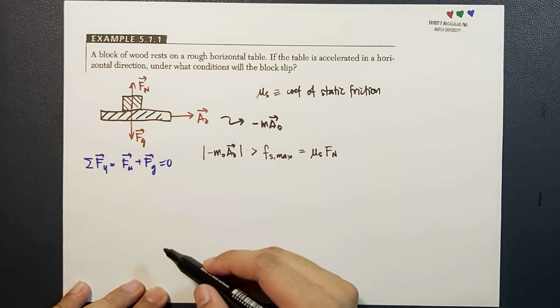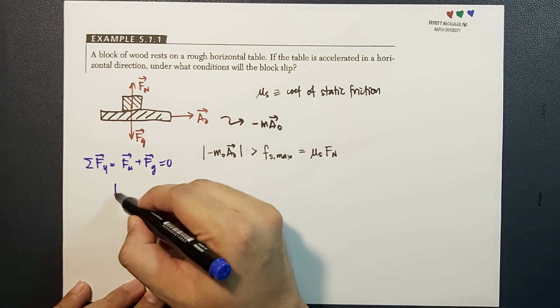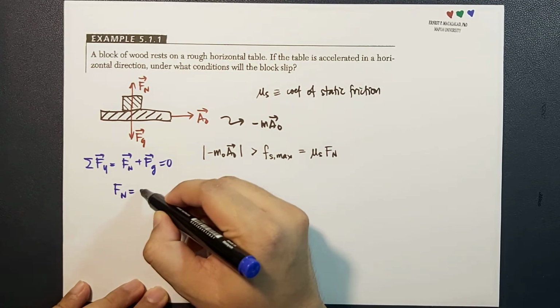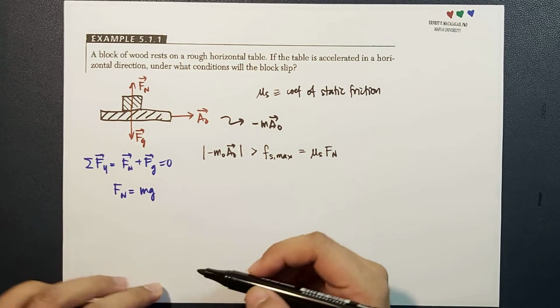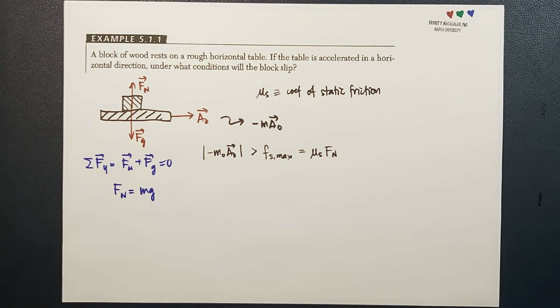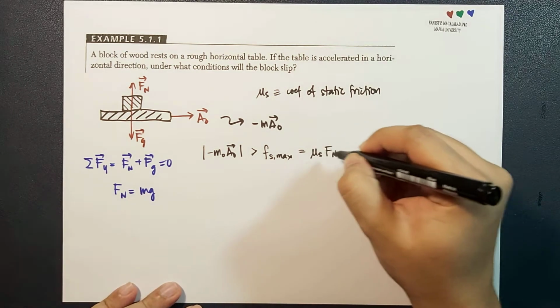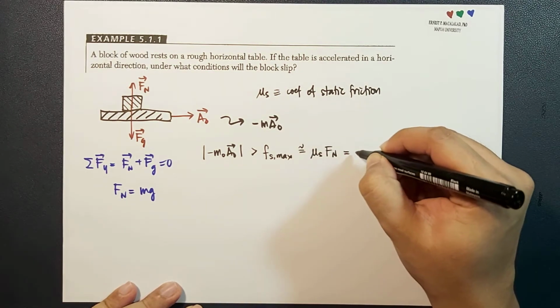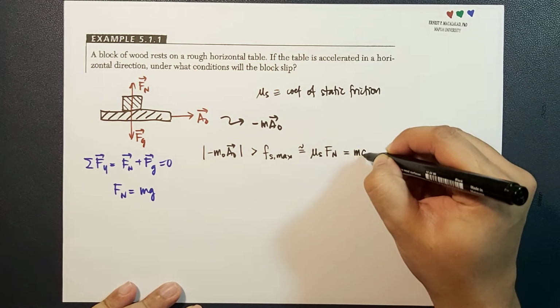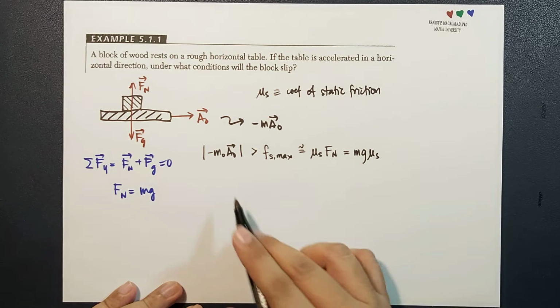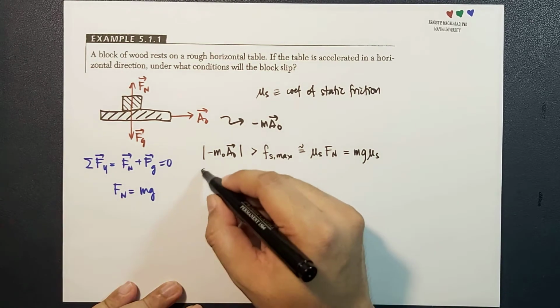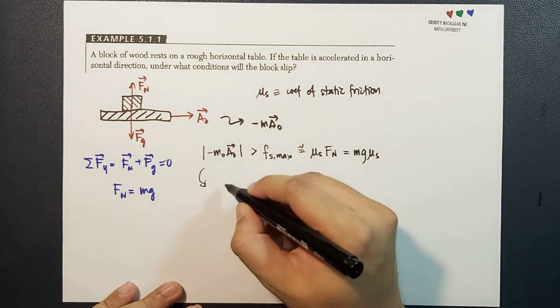So magnitude wise, Fn equals mg. That means the maximum static friction is equal to mg mu s. So therefore, the condition for slipping